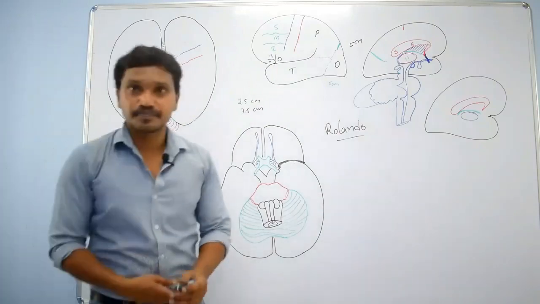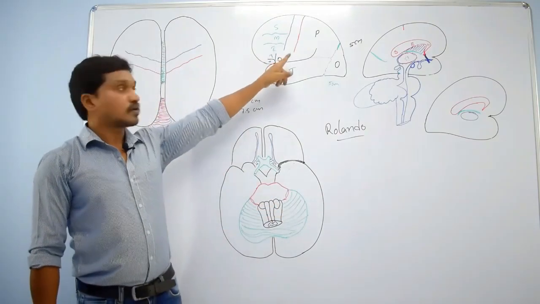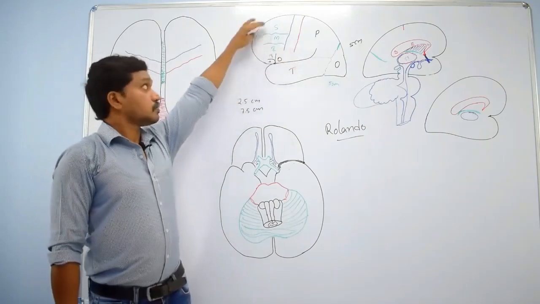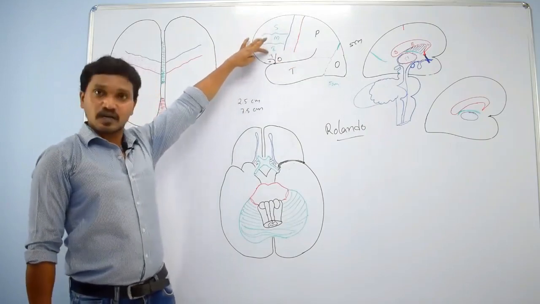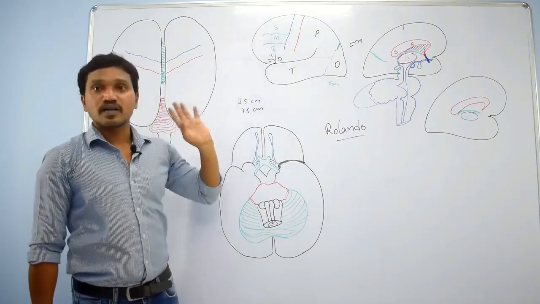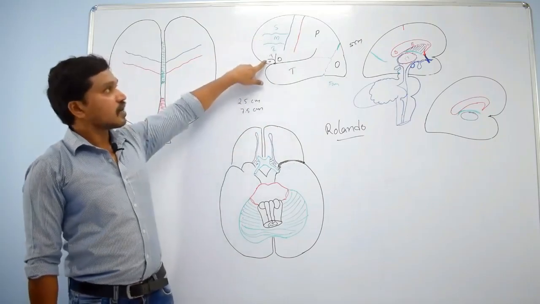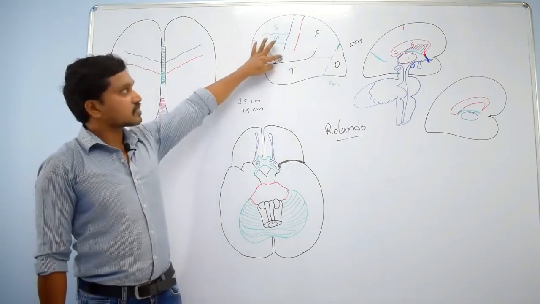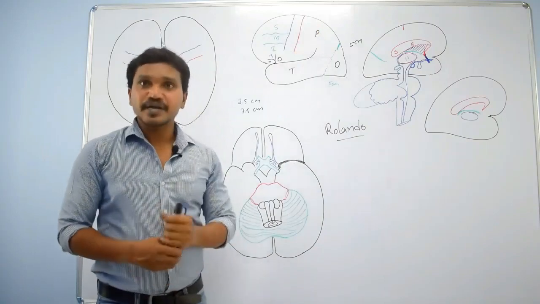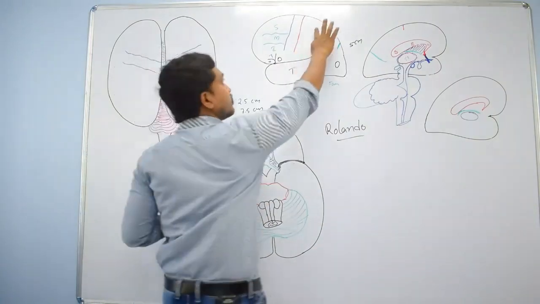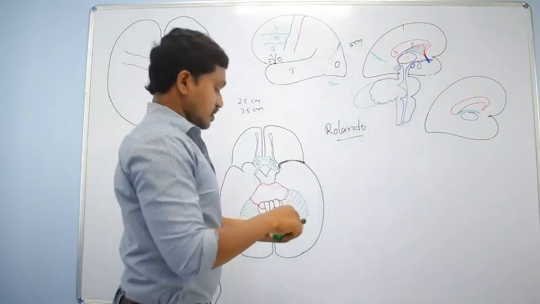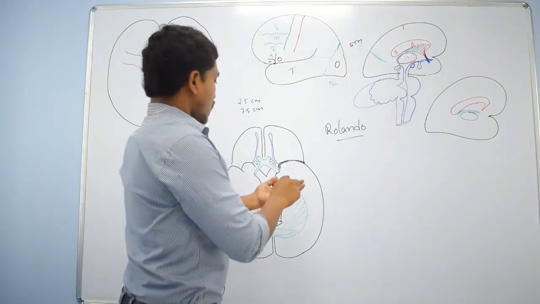Any difficulty up to here? Central sulcus, precentral sulcus, precentral gyrus, superior, middle, inferior frontal gyrus, because of superior and inferior frontal sulcus. Here pars orbitalis, pars triangularis, pars opercularis, right? Then we will discuss about parietal lobe. In parietal lobe, behind the central sulcus, there will be formation of another